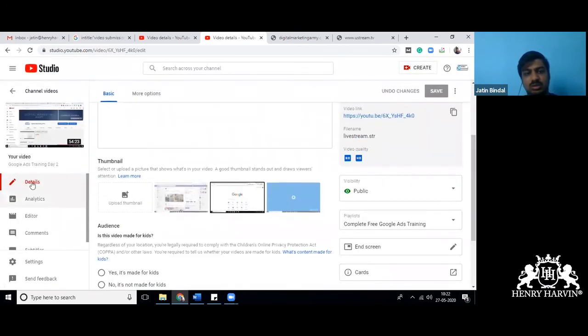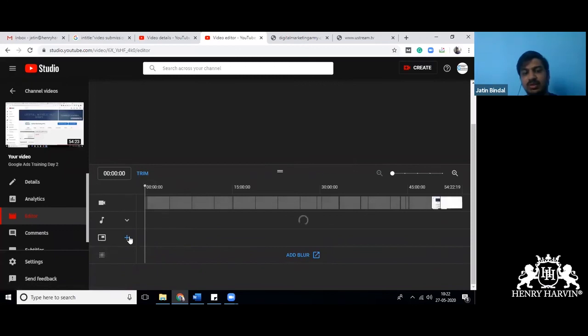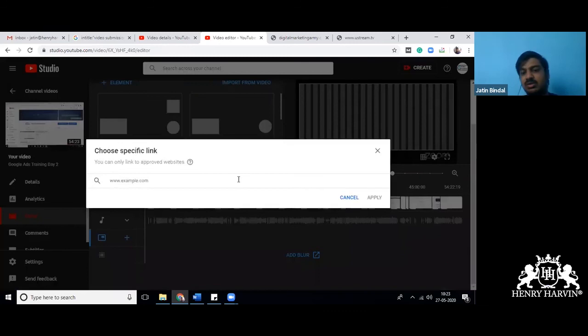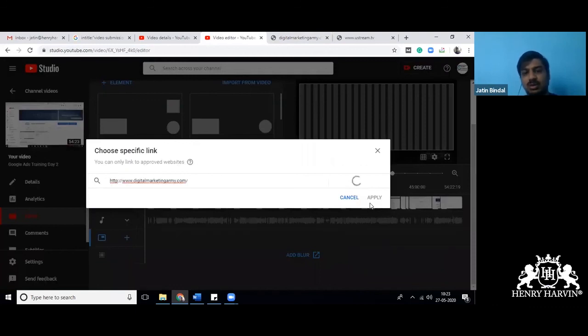Go in editor. Then this overlay, you can see over here, a link option is active, and you can type your website, this website which is approved. I can type it.